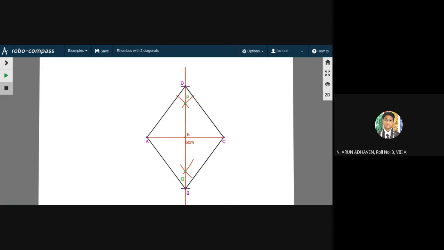It is exactly 5. Check your diagonals. It should be 6 and 8. Check your AC and BD. Are they 6 and 8? Ma'am, it is 6 and 8. Ma'am, when we keep the 6 and 8, it is coming 5. Aditya, please check your diagonals AC and BD. Are they 6 and 8? AC should be 6 and BD should be 8, and henceforth your AB, BC, CD and DA should be equal. And how much that is, you should tell me.